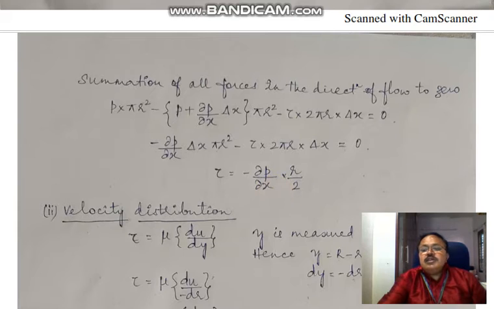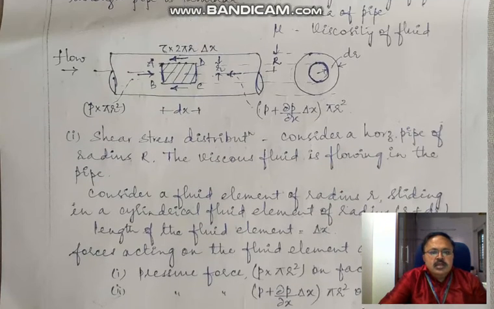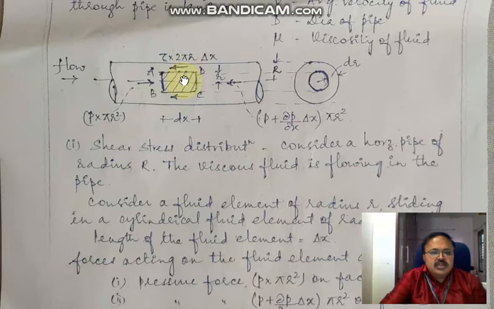Now for the velocity distribution, we use Newton's law of viscosity, which says that tau is equal to mu into du by dy. That is, shear stress is proportional to the velocity gradient with respect to distance. So we get the velocity distribution equation. If I consider this fluid element, which is at a distance of capital R minus small r,